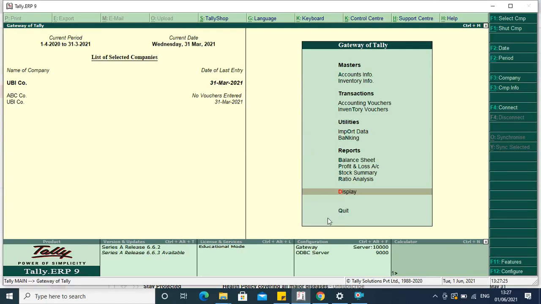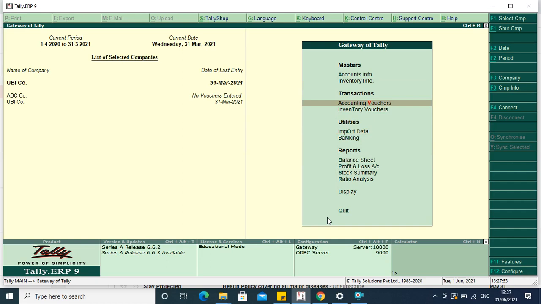Hello friends, today we will learn how to pass a GST sales voucher in Tally ERP9. So for passing the vouchers, we all know that nowadays GST is mandatory for each sale and purchase transaction. So in Tally ERP9, we have that GST component applicable while passing the voucher entry.